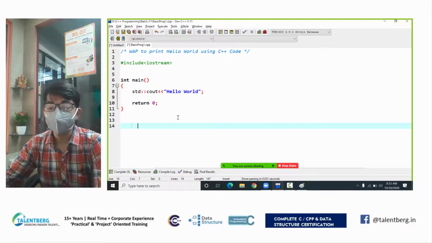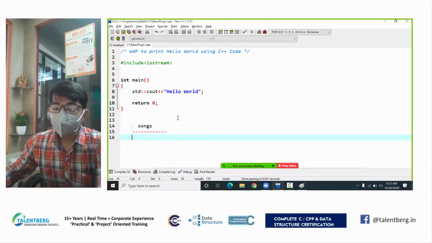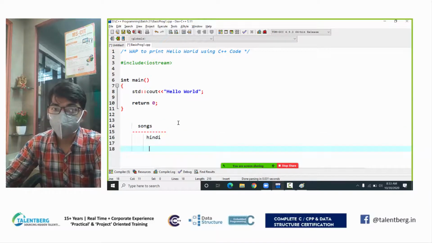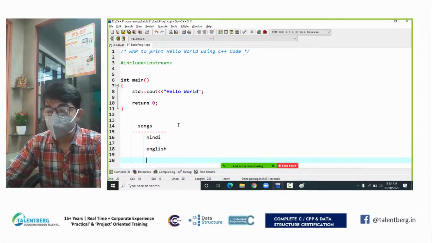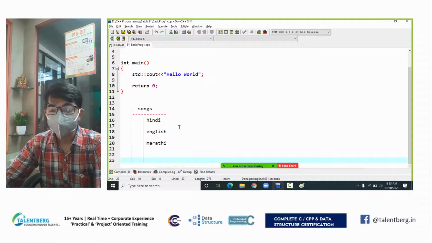Consider a folder called songs, and in that songs folder you keep some songs. Let's say there you keep some Hindi songs, some English songs, some Marathi songs. I want to access the Hindi songs. So songs is called a namespace.